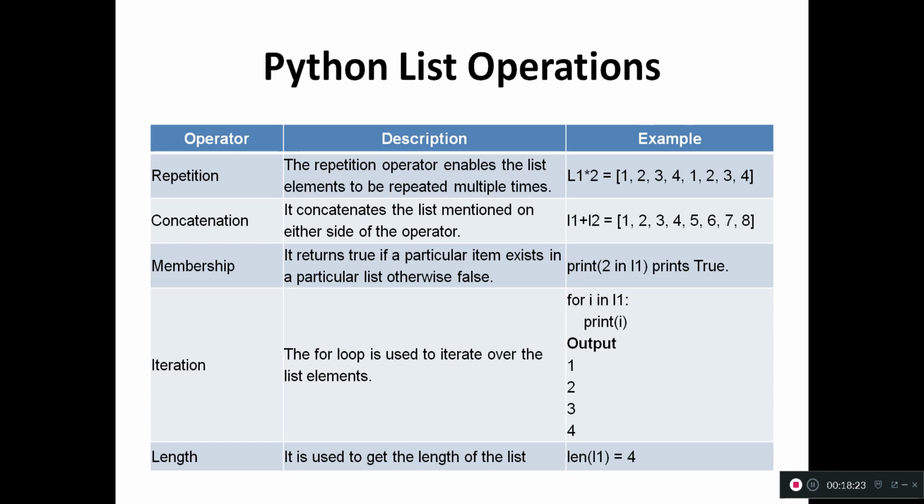On the screen you can see repetition, concatenation, membership, iteration, length. These are some elements you can see on the screen. Iterating a list. A list can be iterated by using a for in loop. A simple list containing 4 strings can be iterated as,